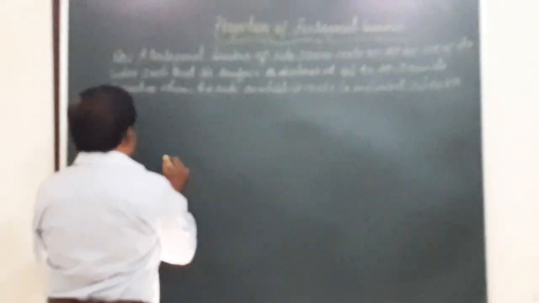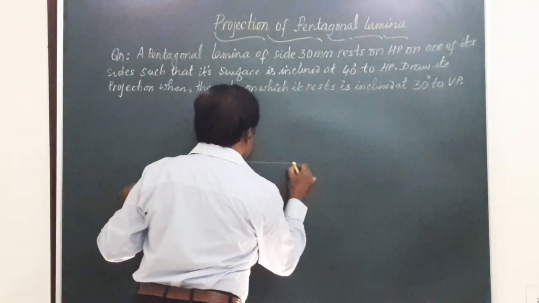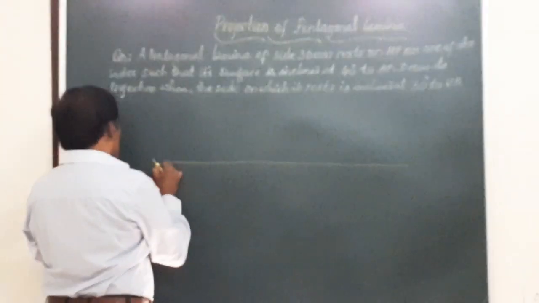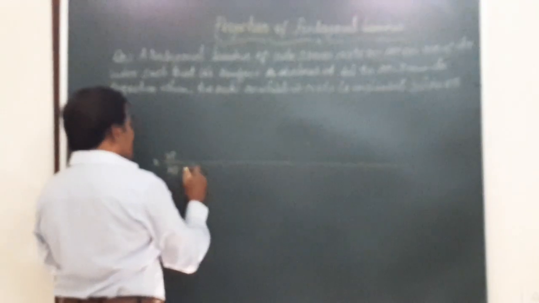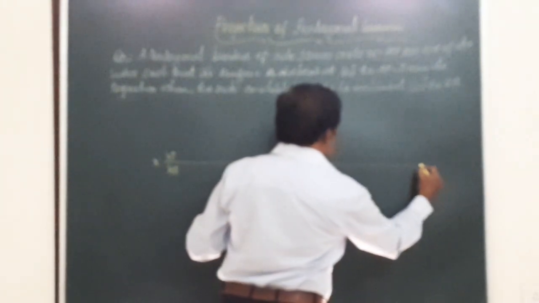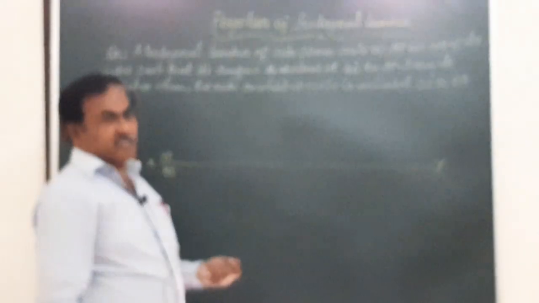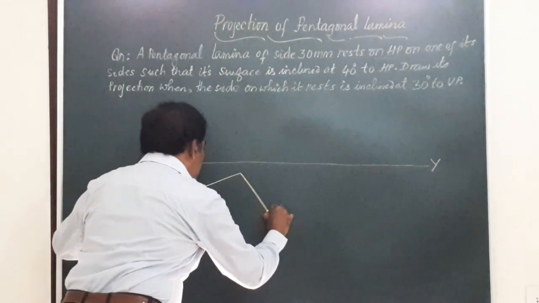So, here I am going to mark the XY line indicating the line of intersection of VP and HP, and mark VP and HP here indicating the first angle projection. So, this is our XY line. Friends, let me construct this pentagon in the top view because the lamina is placed on HP. So, I am going to construct a pentagon here of side 30 mm